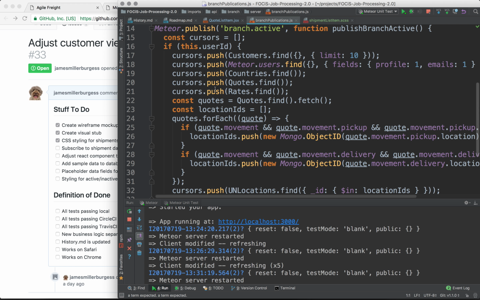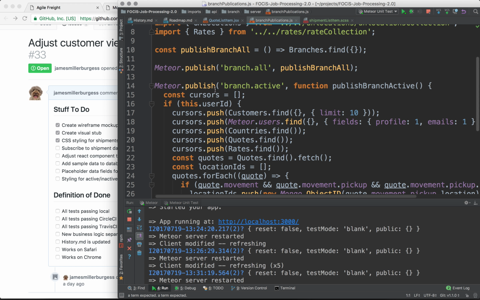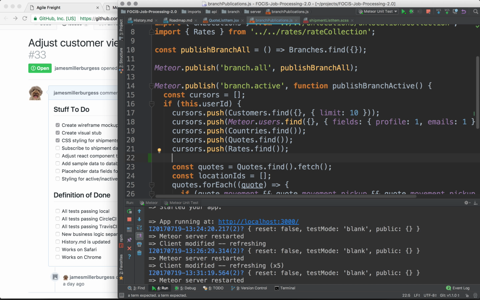Okay, so right now I'm doing a not very efficient, not scalable approach to client-side data. But probably I should fix this all at once rather than trying to fix a little bit now or a little bit later. So the question is, do I want to fix it all right now? And the answer is no, because I only have about 10 minutes to do this video. So what I'm going to do is just make sure that we